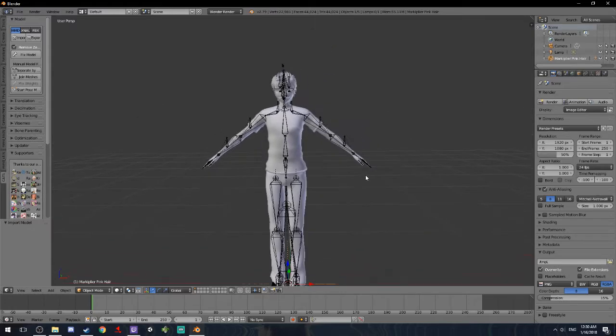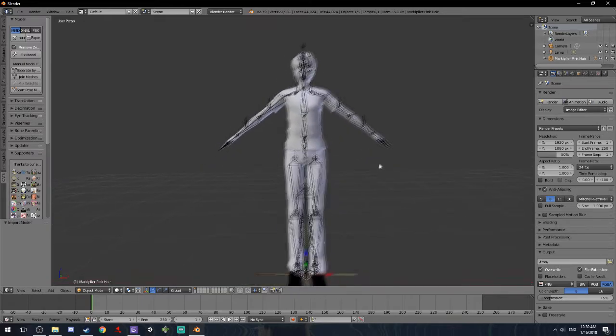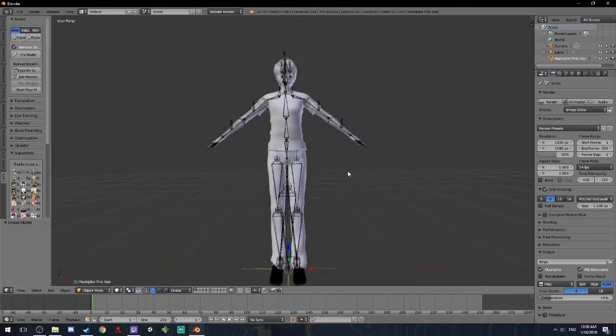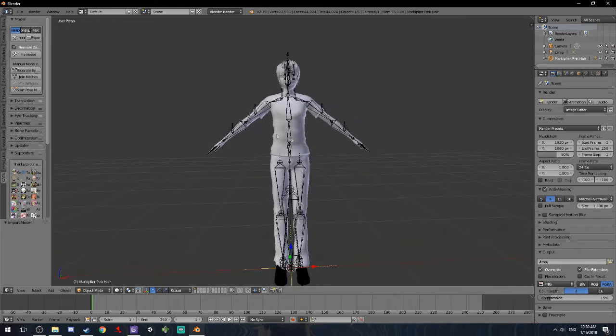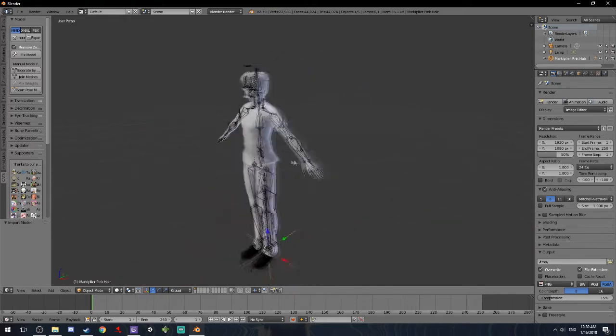So now as you can see, if you click without scrolling, you can drag. So yeah, now you see that we have an issue. Our model's not colored. Now granted, that doesn't really matter too much in this step, except for the fact that